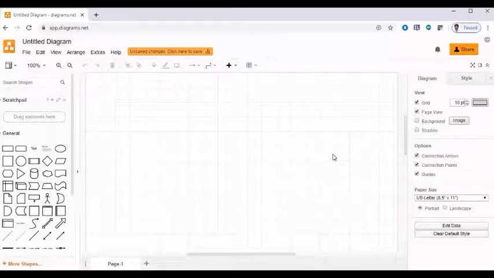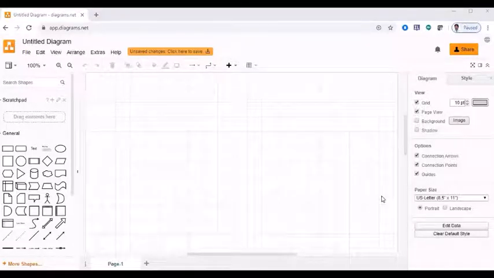Use your Google login credentials to sign in to your account. And during your first time it will ask you for a saving location. So you have to choose which location, like Google Drive or your hard disk, or whether you want to save it in the cloud. If you want to skip that step and decide later, you can click decide it later. So that is the first step.